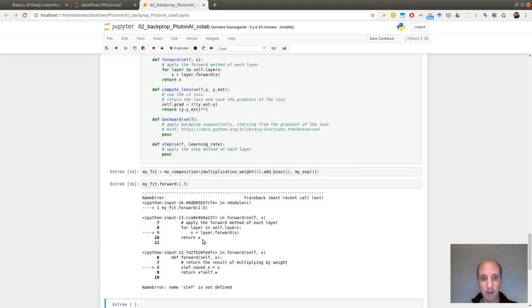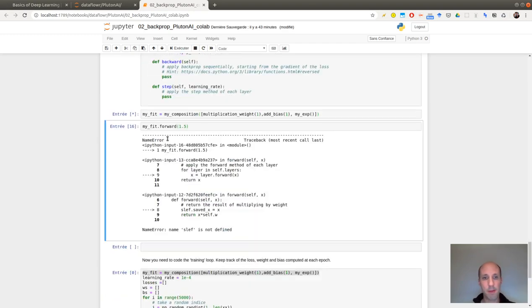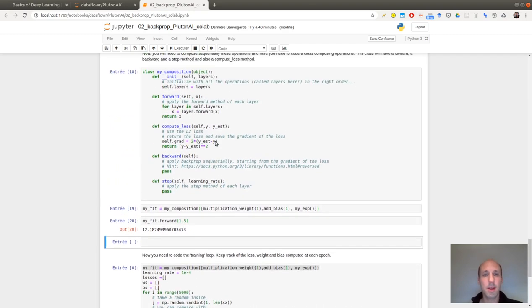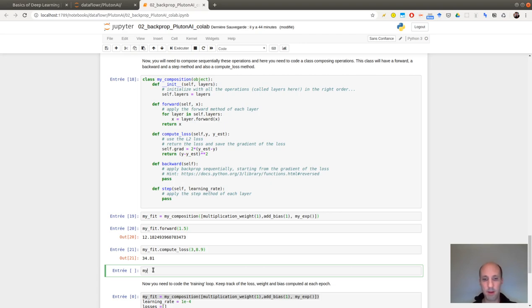There is a typo over here. Okay, so it's working properly for the forward. Let's compute a fake loss. I don't know. And now I should have a grad. Yes.